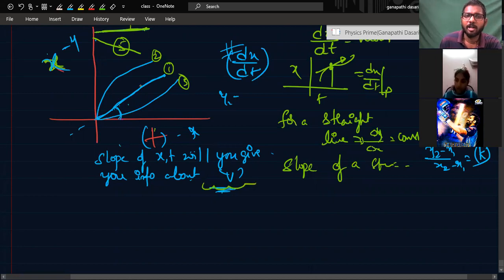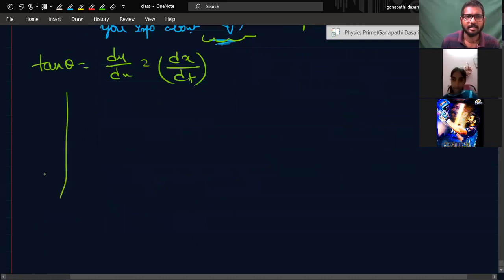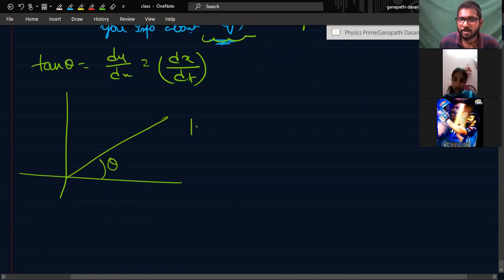Understood, sir. So now this is a straight line. How can we get slope in mathematics? Tan theta is also slope. Theta is the inclination of that line. Tan theta is nothing but dy by dx here. In this concept, from the diagram, dx by dt is the slope of the line, which is velocity. I'll draw five graphs separately. For this graph, theta is positive, tan theta is positive, acute.